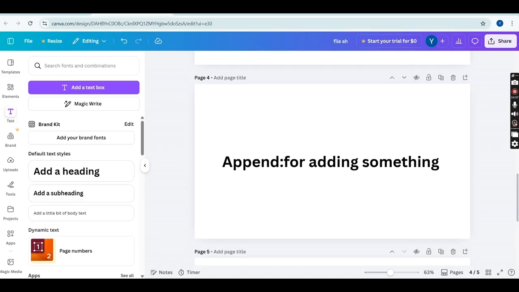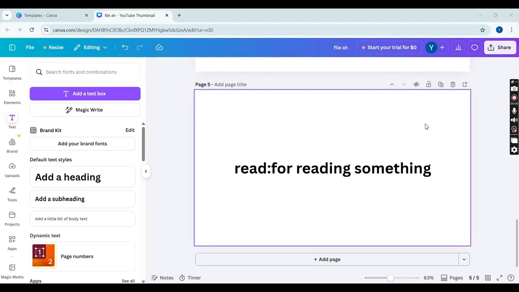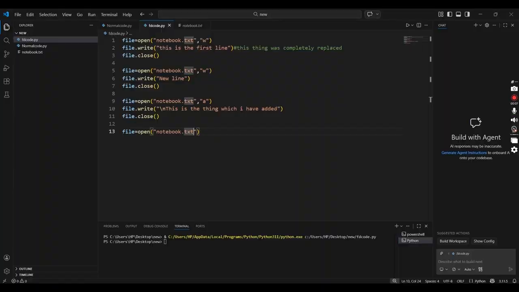From the name only you can see read is used for reading something. It is quite easy. Before doing any operations, we know our principle: we must first open the notebook.